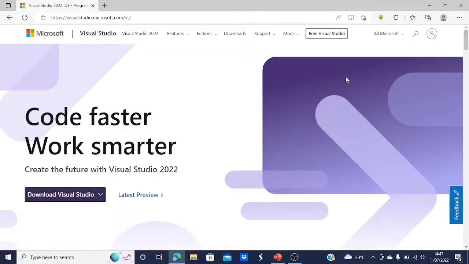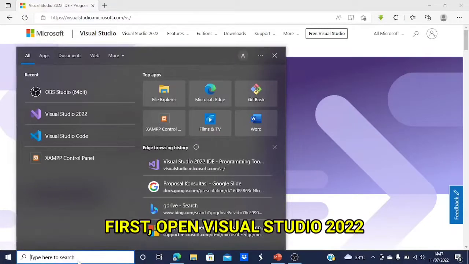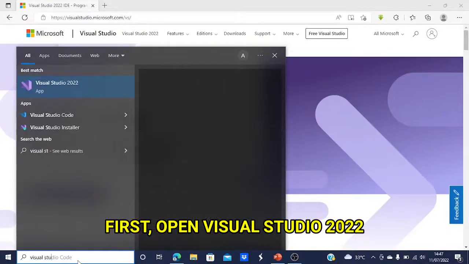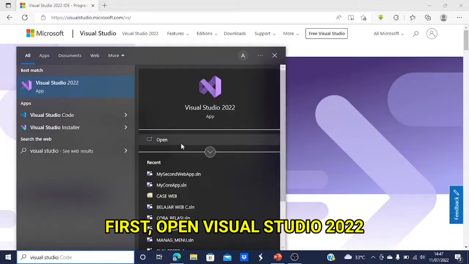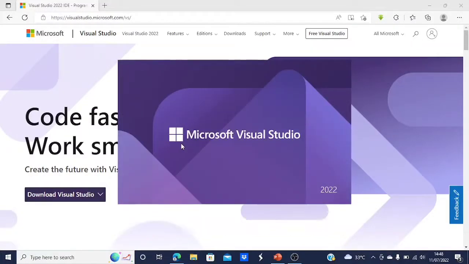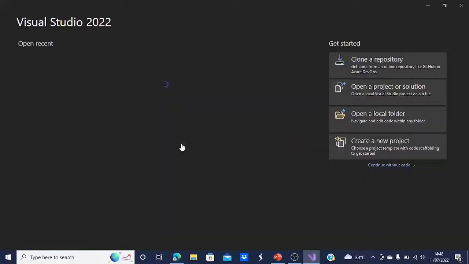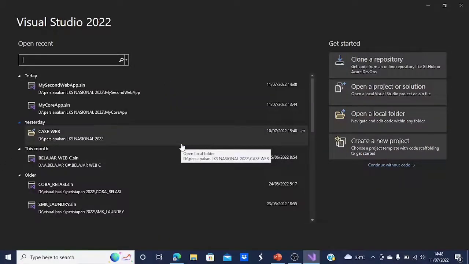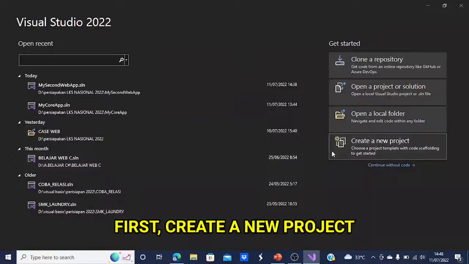Okay, we create a project. First, you open Visual Studio 2022. After it opened, first you will create an ASP.NET Core project.